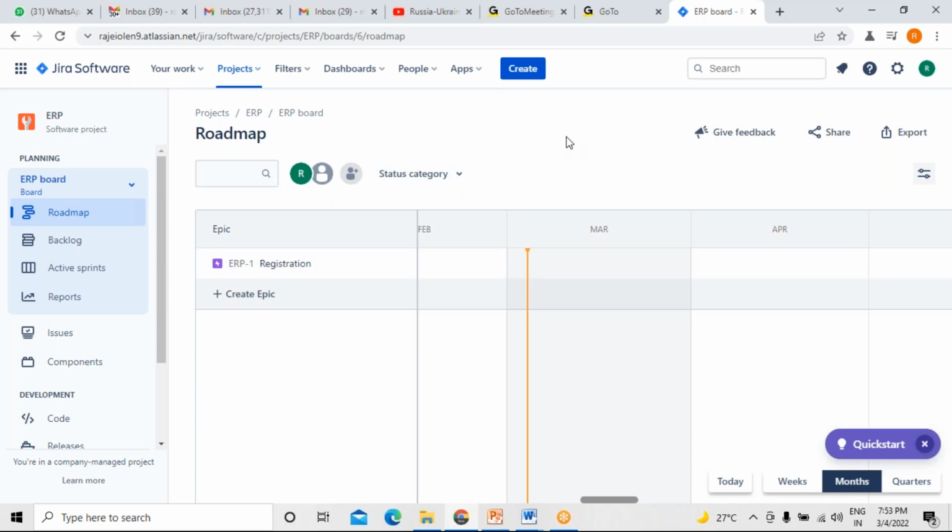During the review process, we show the product and we get feedback that these things need to be modified or corrected. And for that, we decide to log some issues. So in that case, will we be adding the bugs or issues directly in the backlog as a bug, or will we be going back to the roadmap and creating an epic for the same, and then mapping it to the bug? Of course, in the roadmap itself, whatever bugs you want to add, you can add the bugs later.